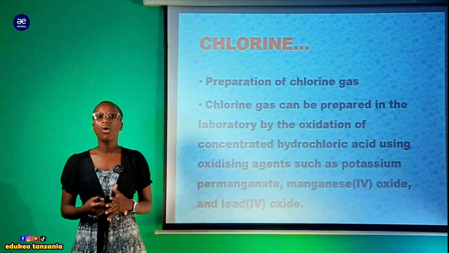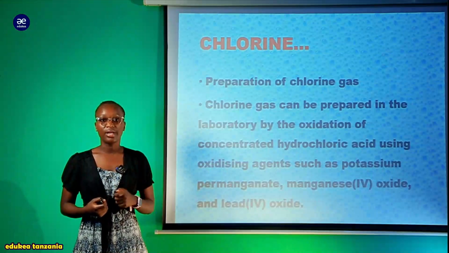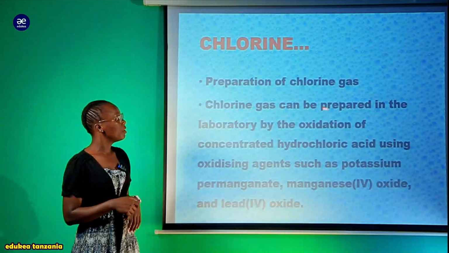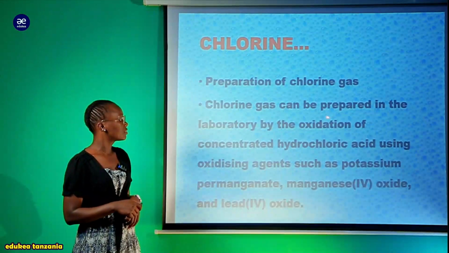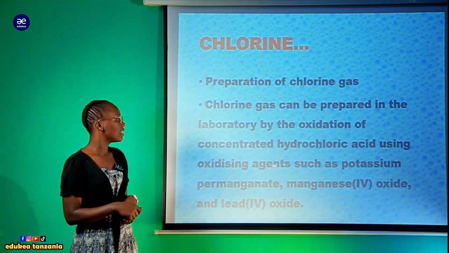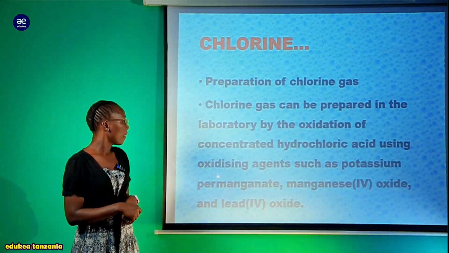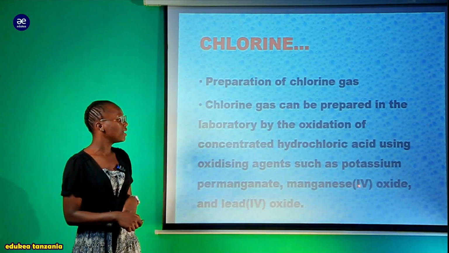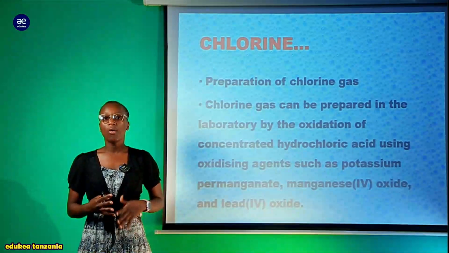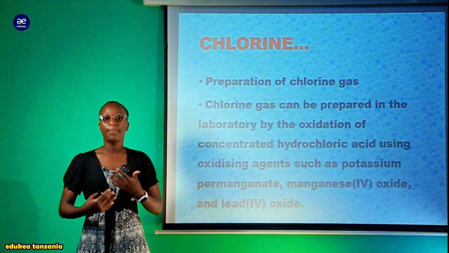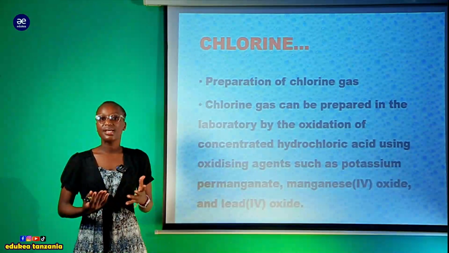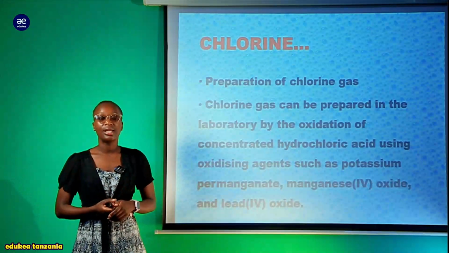Now let us see how we can prepare this chlorine gas. Preparation of chlorine gas. Chlorine gas can be prepared in the laboratory by the oxidation of concentrated hydrochloric acid using oxidizing agents such as potassium permanganate, manganese 4 oxide, also lead 4 oxide. Kumbe huyu chlorine anaweza kuwa prepared industrial, ambapo tunaweza tukamprepare laboratory. This gas can be prepared in the laboratory, lakini